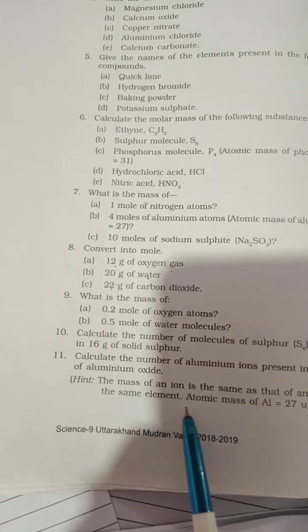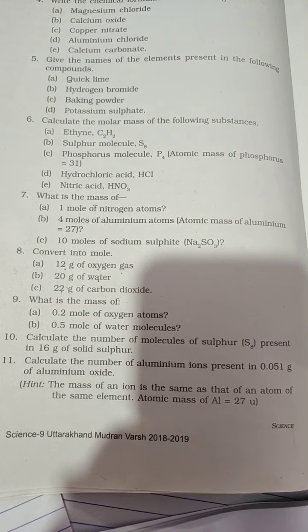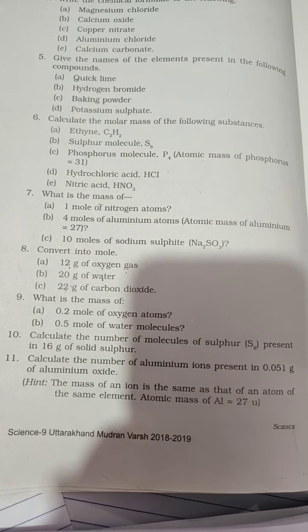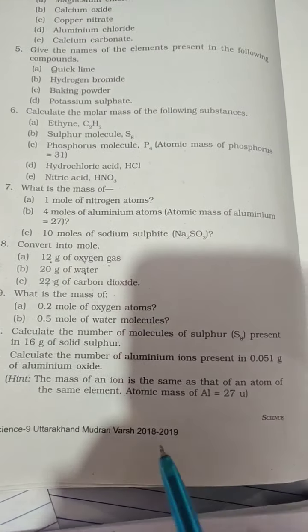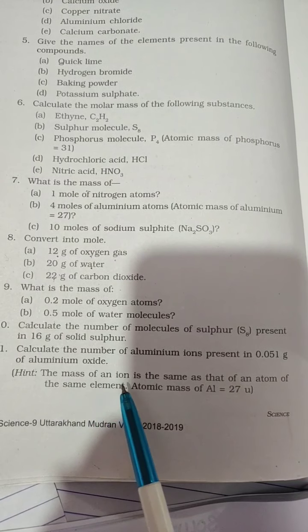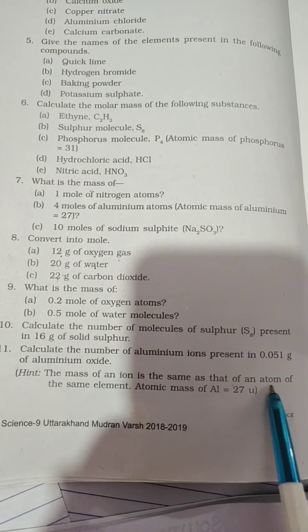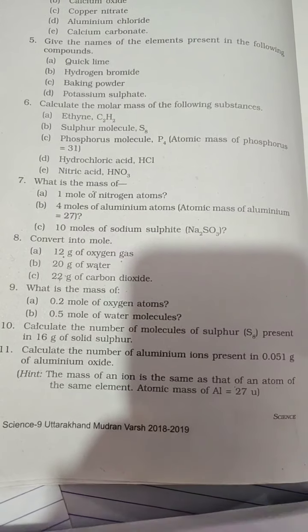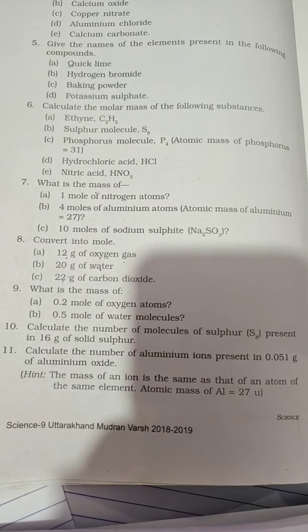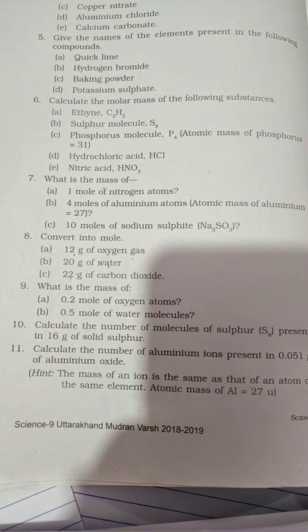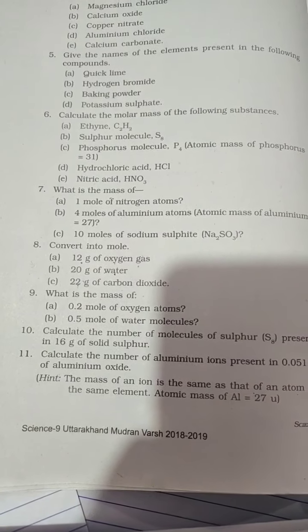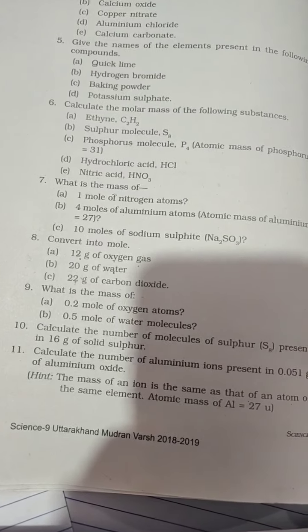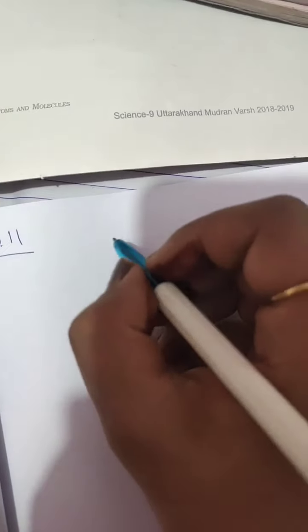So the last question is, calculate the number of aluminium ions present in 0.051 grams of aluminium oxide. So there's a hint given in this. The mass of an ion is the same as that of an atom of the same element. So the atomic mass of aluminium is 27. So in this question also, we have to find out the number of aluminium ions. So we have to find out N,